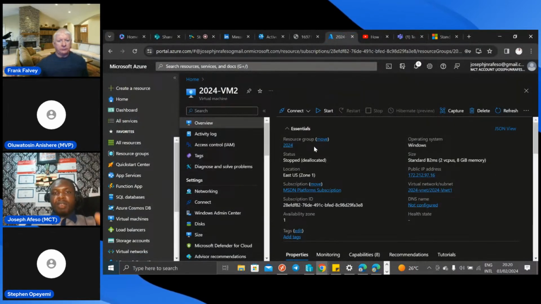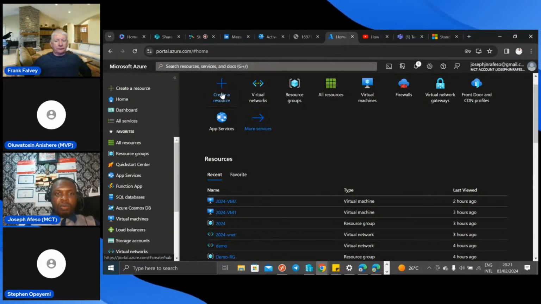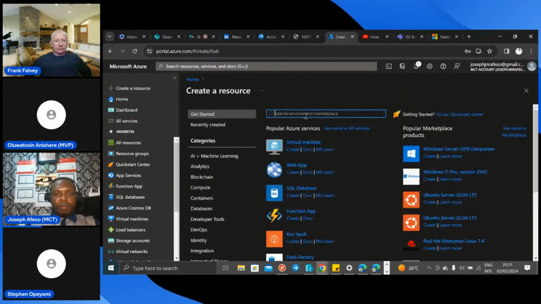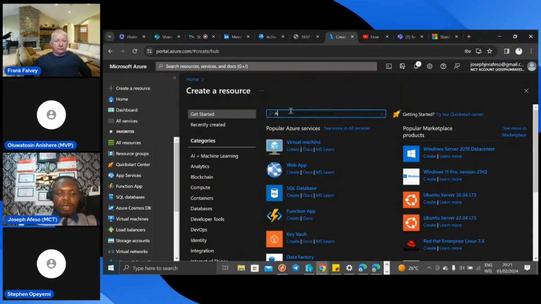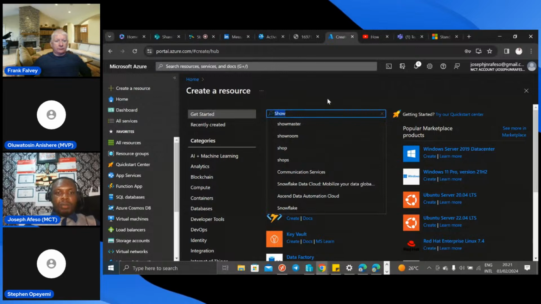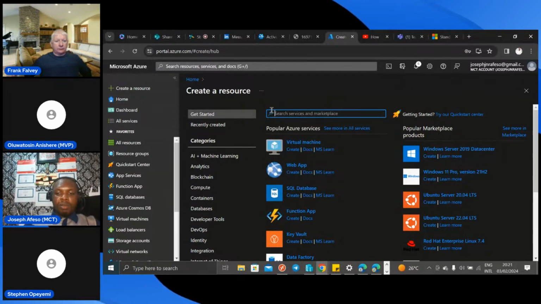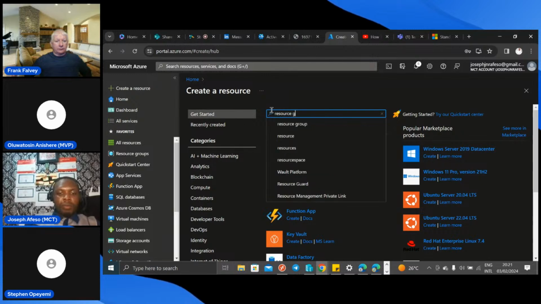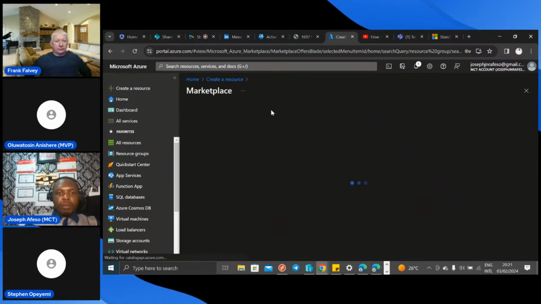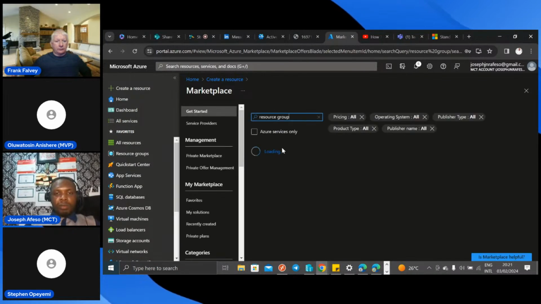You can actually create those networks from Azure too. So within the next 10 minutes, we're going to try to create some VMs. First of all, we come home, and then we create a resource. Let's just call it Show to keep it short. First, I'm going to quickly create a resource group.